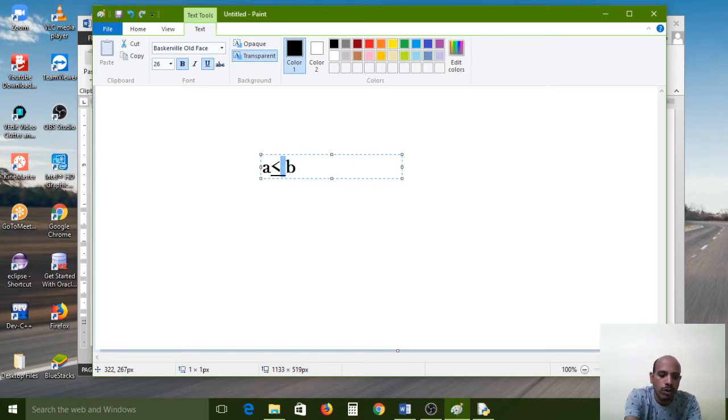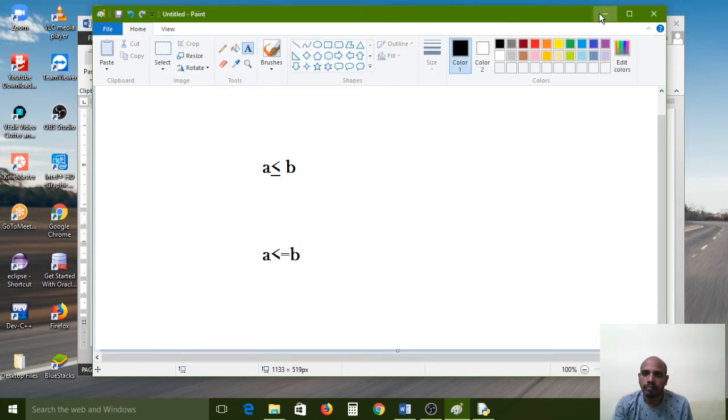But in the programmatic way, a less than or equal, like that we have to use. Two operators at a time, side by side, we can use. In the mathematical expression, less than or equal to means less than with an underline under it. But in the programmatic way, the two operators side by side give less than or equal to. What is the meaning of this expression? A less than or equal to b.